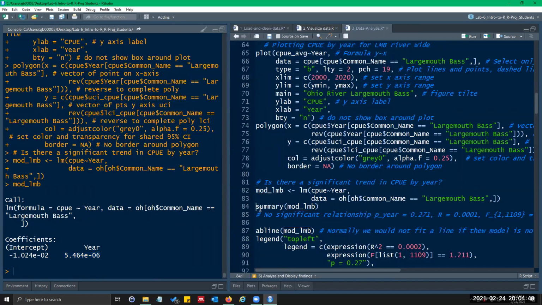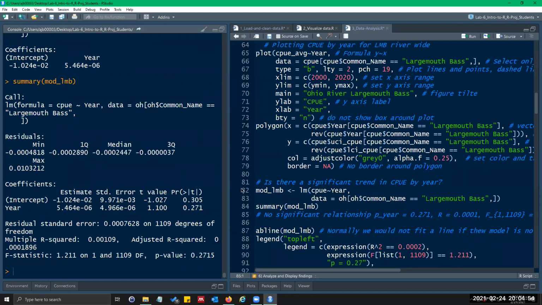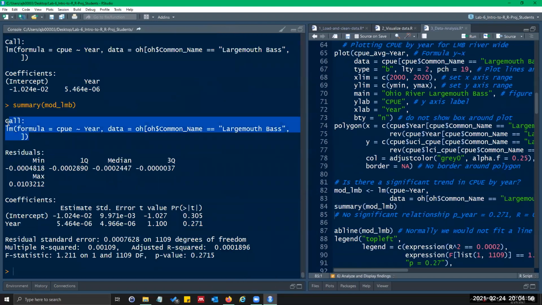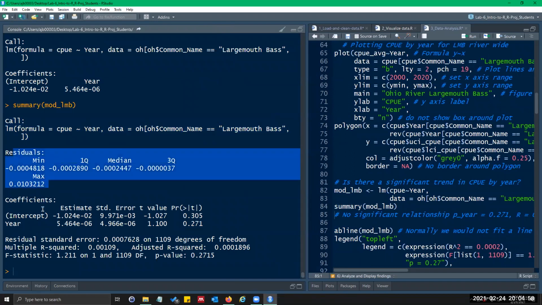If you use this summary command and put the mod LMB object within it, you get a little more detailed output. You still have the formula. It gives you residuals. And then here under estimate, you have the intercept, and then that's your slope, but it also gives you standard error for each, the t value and the p, so you can see neither the intercept nor slope are significant.